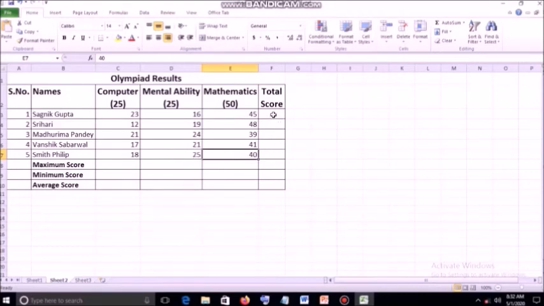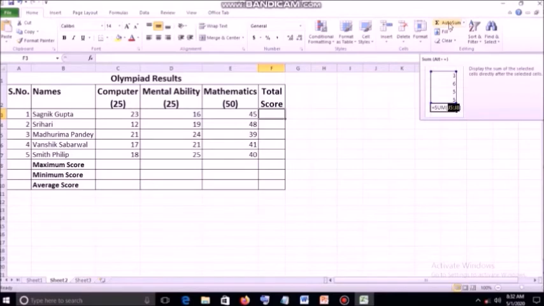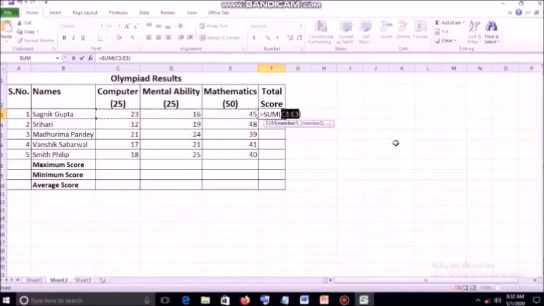For total score, you can either use this auto sum or you can write the function. So this one will be easier. As we click, you see the sum C3 to E3, the cells are highlighted, cell references. Only we have to press enter, and we have to copy the formula to other cells so that the total score is done per student. Cell references automatically change as we see.